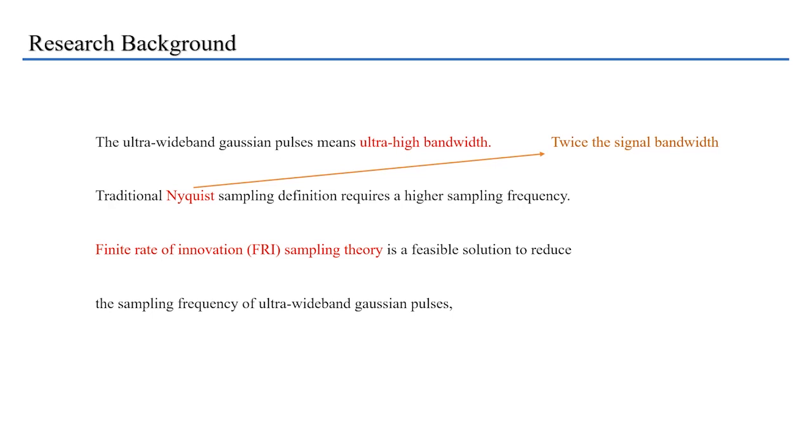In actual design, an LPF is usually used as the sampling kernel function. There is a non-ideal effect between the ideal LPF and the non-ideal LPF, which is bound to have a bad influence on the reconstruction in practice. So we propose a new FRI sampling for ultra-wideband Gaussian process based on non-ideal LPF.